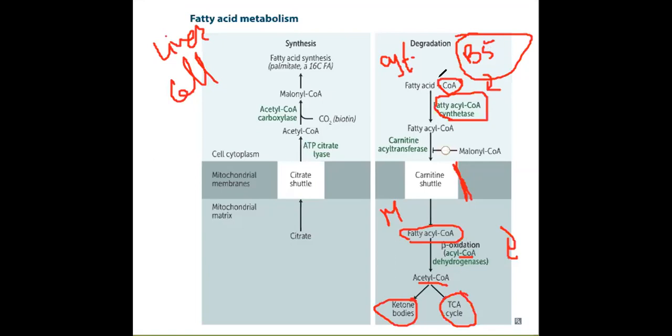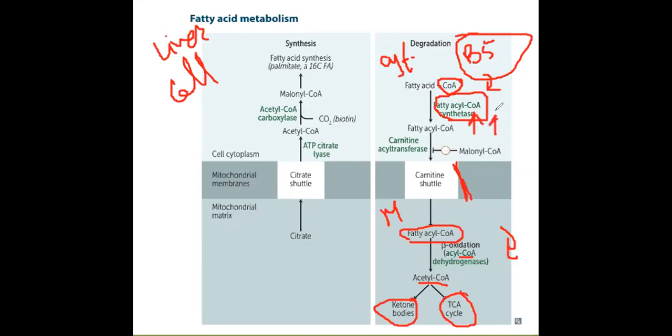It will not be giving CoA as a cofactor to these enzymes, and we will not be forming fatty acyl CoA. When we do not have this fatty acyl CoA, and when there is a decreased ability to break down these fatty acids into acetyl CoA,